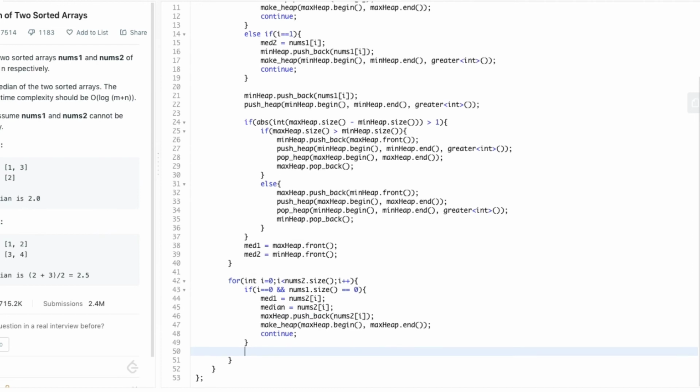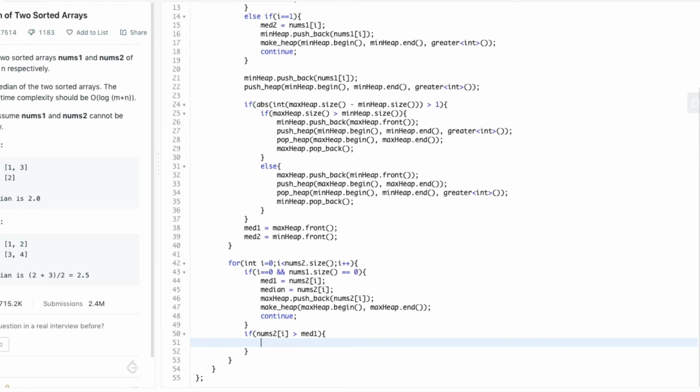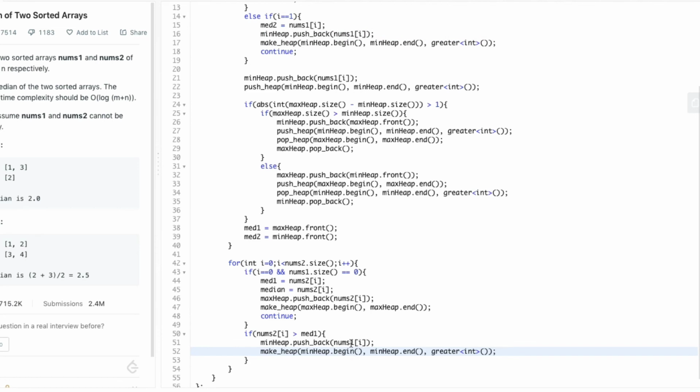And after the if condition, we check whether the value nums2 of i is greater than mid1. If the value is greater than mid1, then we directly push the element into the min heap. Or else we push it into the max heap.